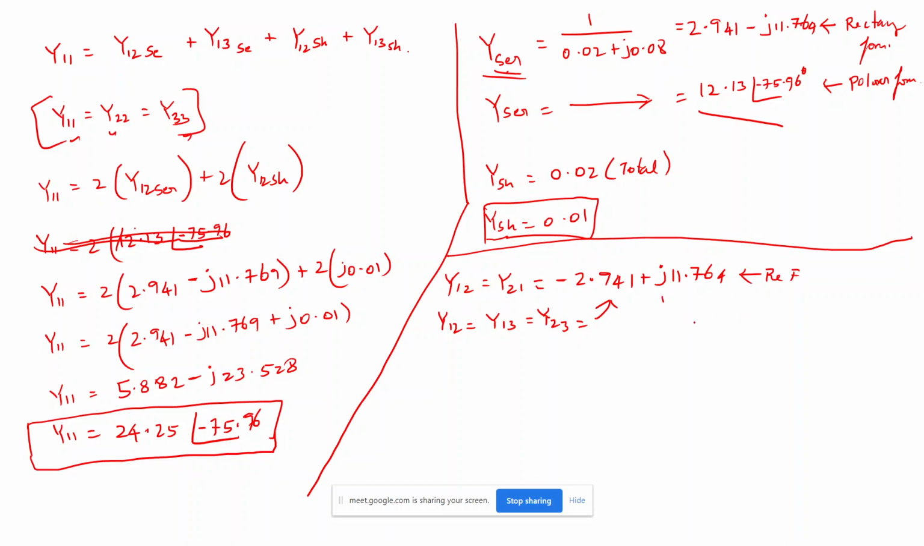So if you convert this into the polar form, then you will get the value of 12.13 with the angle of 104.04 degree. So this is nothing but your non-diagonal element value. So if you fill the Y bus matrix, I will fill it here only. So the Y bus matrix will be